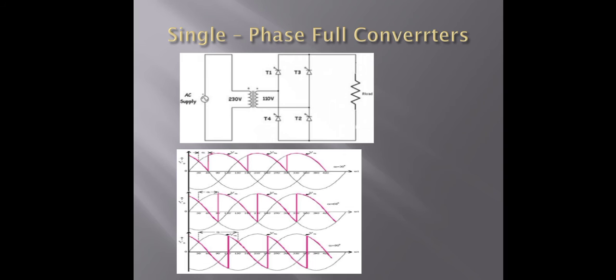It begins the converter operation, with waveforms of input voltage, output voltage, and input and output currents. During the period from alpha to pi, the input voltage Vs and the input current Is are positive. The converter is in rectification mode. During the period from pi to pi plus alpha, the input voltage Vs is negative and the input current Is is positive. These are the conditions of the single phase rectifier.